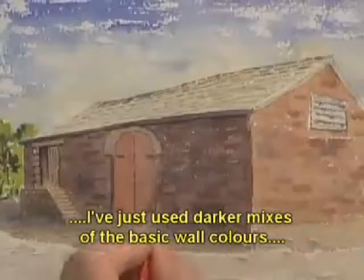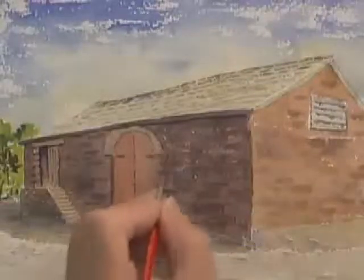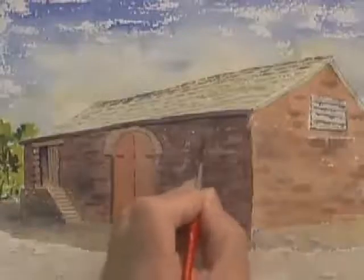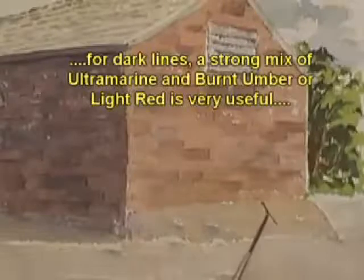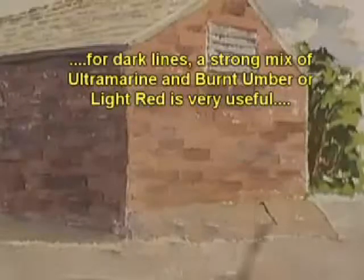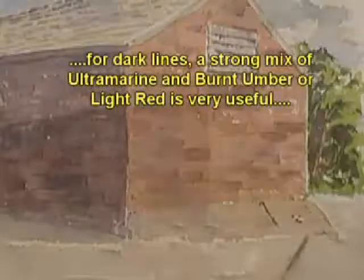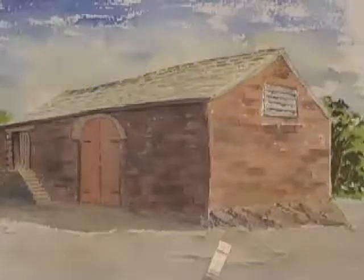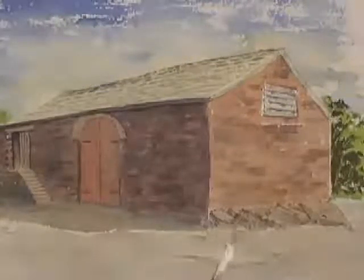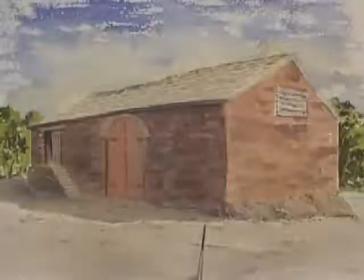And you can see here how we can now, just like we pick out shapes here in the foreground, do exactly the same with stonework here. Right, we'll add some darker sandstone colour where there are some fairly obvious breaks and cracks in the sandstone, so that gives a nice effect and a fairly solid base, which of course it is, to the barn itself. And don't be afraid to go into the shadow,